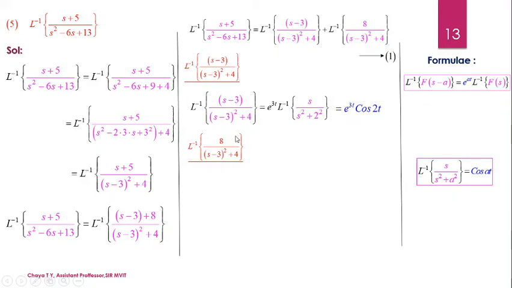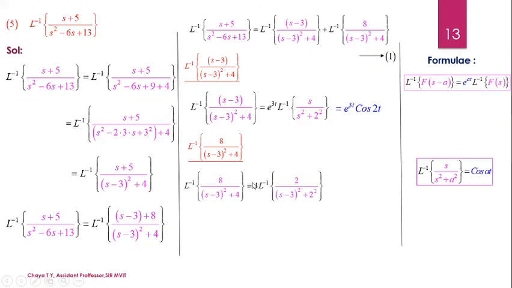Now let us consider the second term. What is the second term I have here? It is Laplace inverse of 8 by ((s − 3) whole square + 4). So again observe the denominator. I should have only the term s² but not (s − 3) the whole square. So whenever I have any function of the form s − a, we are going to refer to the second shifting property. Find the value of a by comparison. So a takes the value 3. So if I substitute, I am going to get e^(3t). Then rewrite the expressions whatever we have.